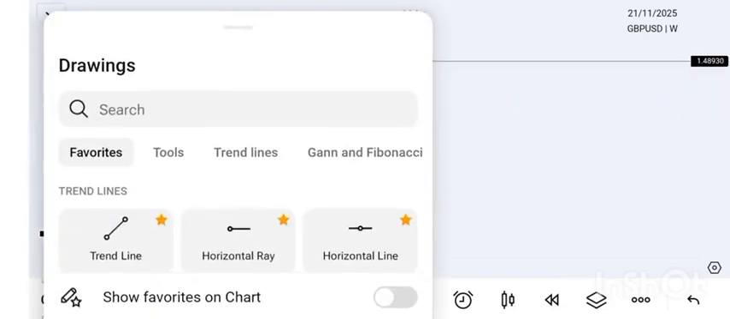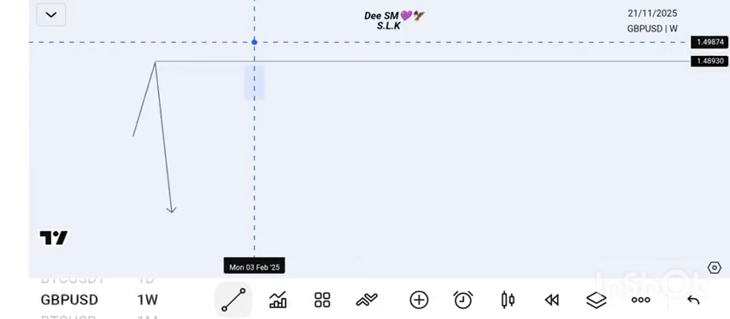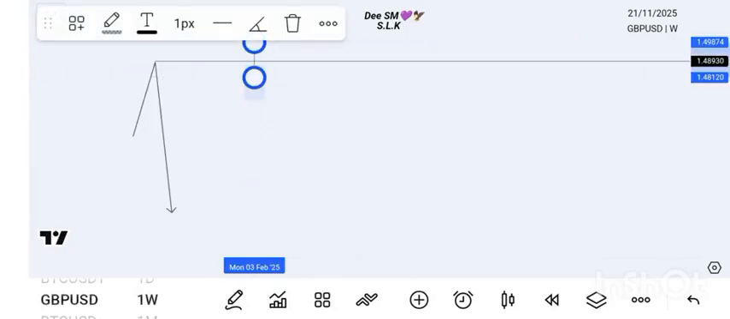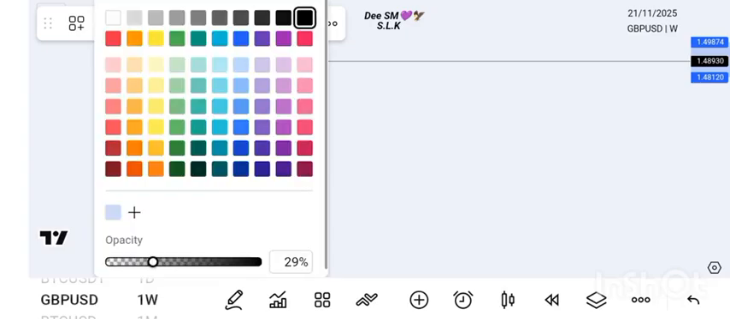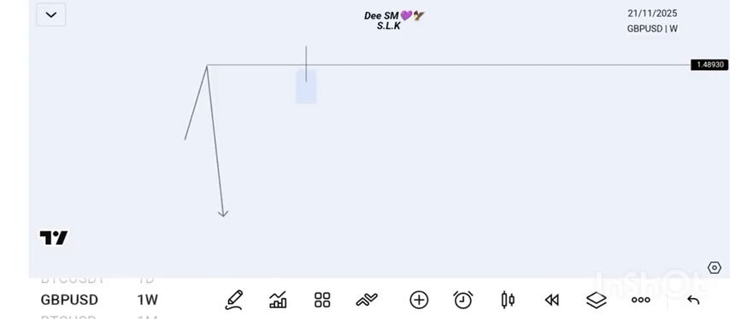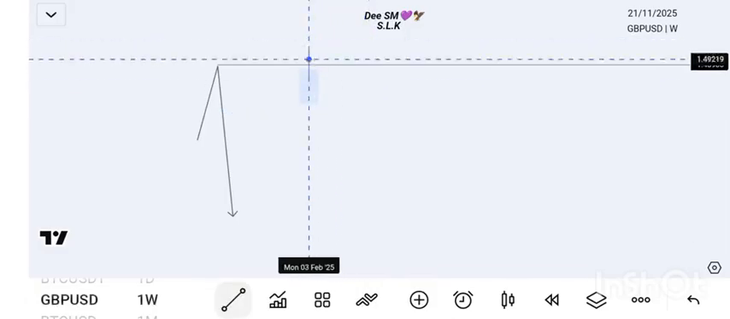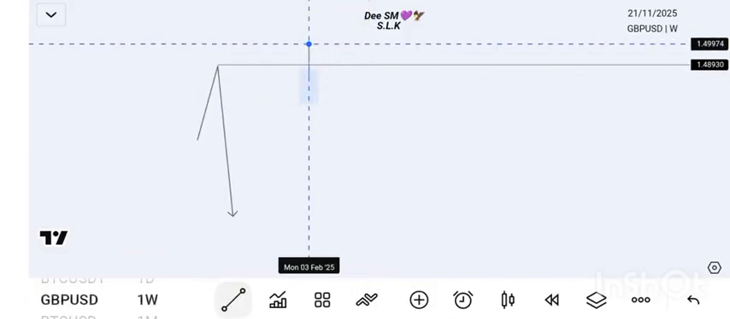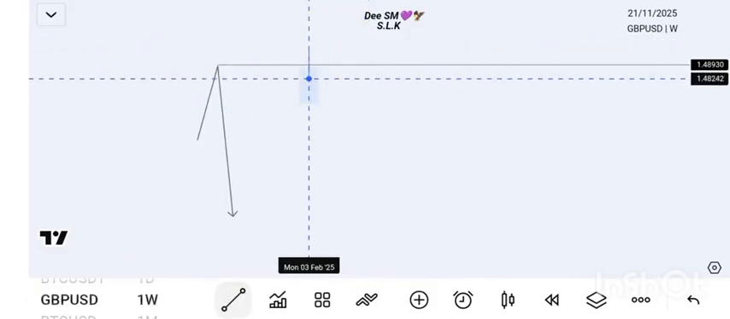Reject and close below. First criteria. It's not just enough to reject. Rejection is the first thing, meaning that price should come into that key level. Not just reject, the candle closure is